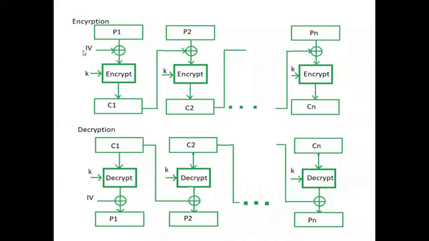What is this IV? IV means initial vector. What is an initial vector? The initial vector is nothing but a group of 64 bits. Here the block size is also 64 bits. It is used to make it more complex, in the sense that it will provide more security. To whom are you making it more difficult?